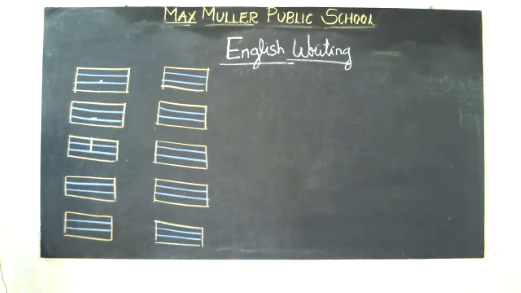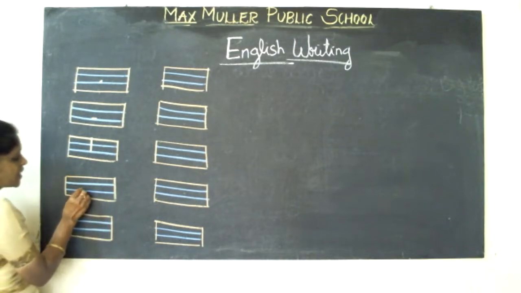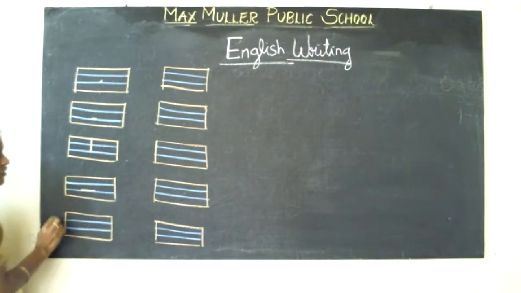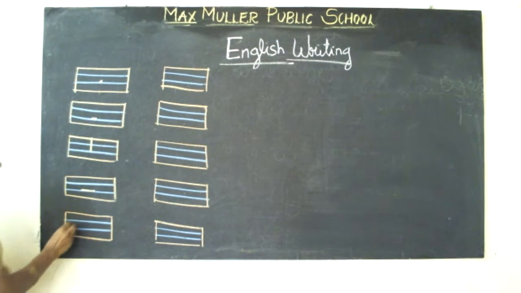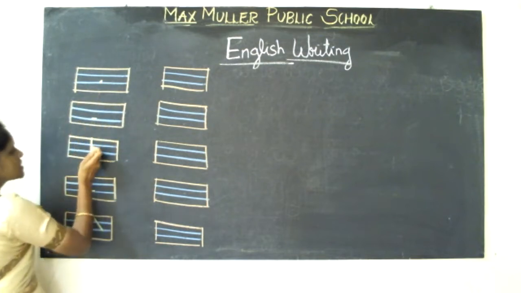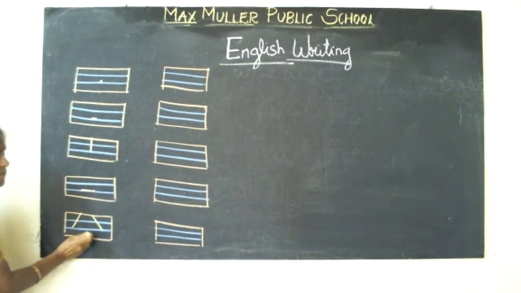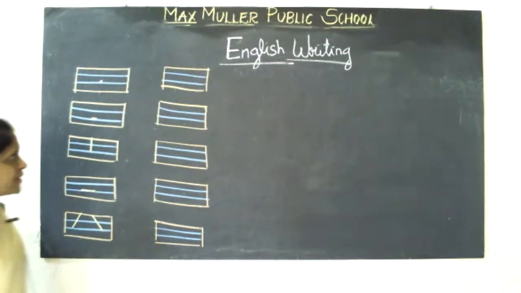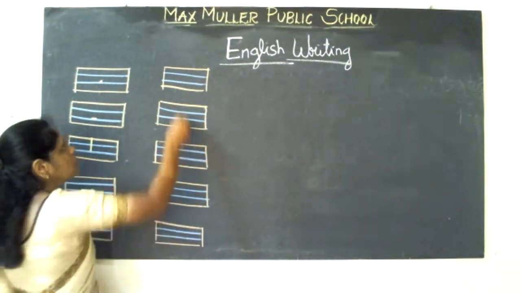Next, which pattern did you learn? This is pattern writing. Which pattern did you learn, children? Sleeping line. So little you should draw. Sleeping line. Next, slanting line. Slanting line. What did you learn? Dot, dash, standing line, sleeping line, slanting line. Next, we are going to learn curves.